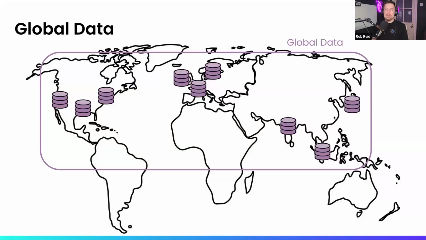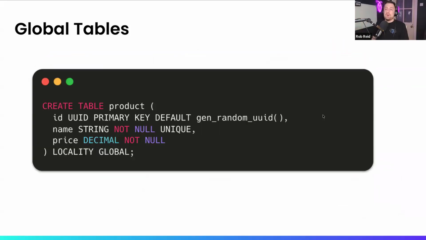Next is global data. So let's say you have reference data that is seldom changed but very frequently read. It's a good pattern to consider. You'll write data and CockroachDB will make sure that it exists as wide as possible. So your requests will take longer. If you want to write data here, it could take a couple of 100 milliseconds to make a write. But if that data is being read from frequently and hardly ever updated, it's a good use case for a global table. And that's because everyone will get very low read latency. Now, we achieve that in CockroachDB by simply attaching the locality global statement to the end of a create table statement.